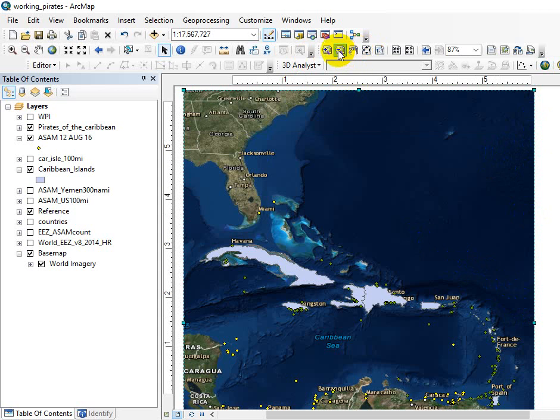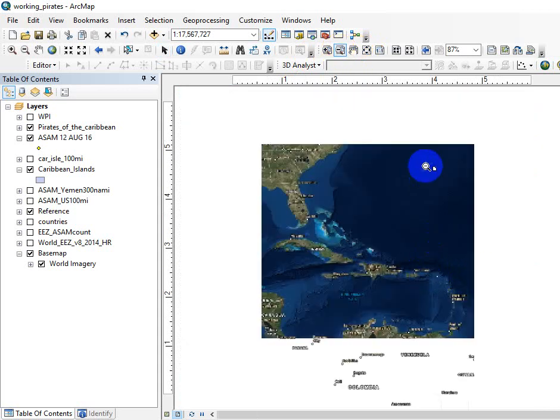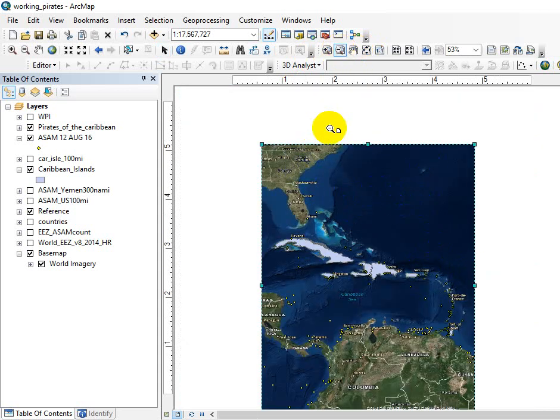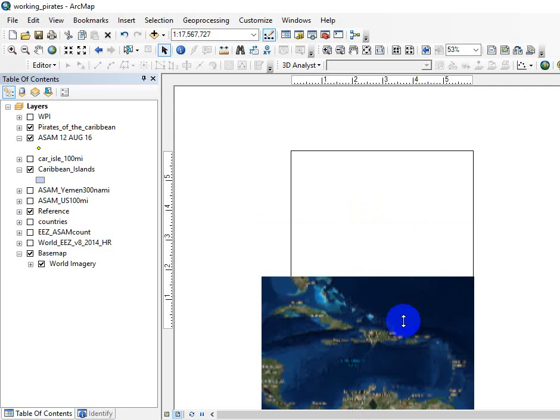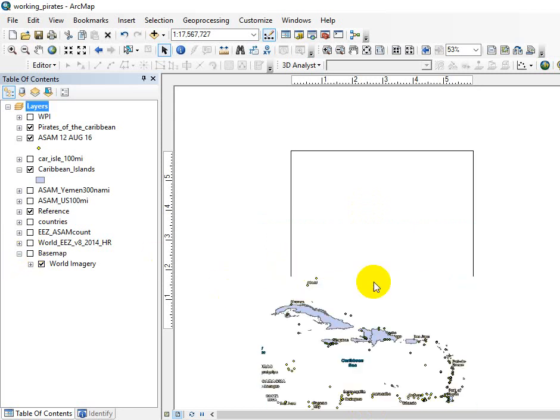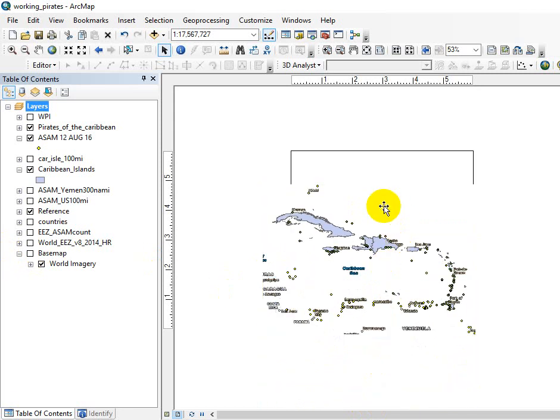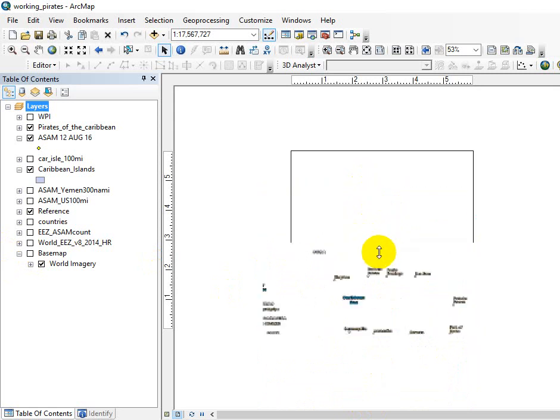Let's see here, this might make it a little bit easier to shrink down the page size, and then we'll just work to reduce the data frame size. It does take a little bit of monkeying around. It would be faster if I turned off the base map, of course. It would draw a little bit quicker, and all we're really trying to do is get the data frame set